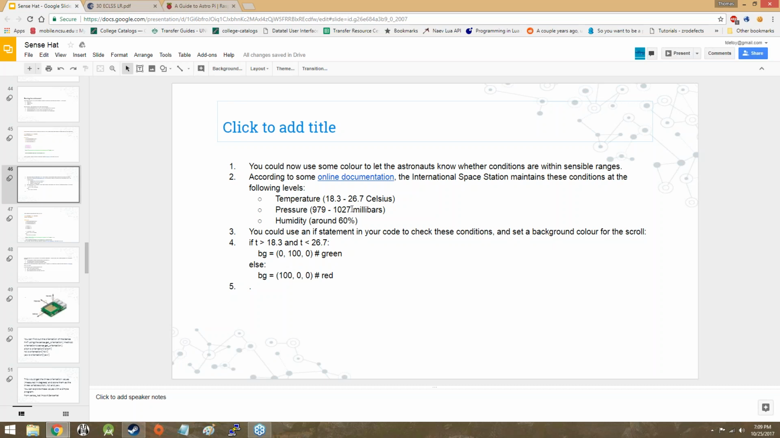So you could, theoretically speaking, use an if statement in your code to check these conditions and set a background color for the scroll. So if the temperature is inside of the acceptable range,